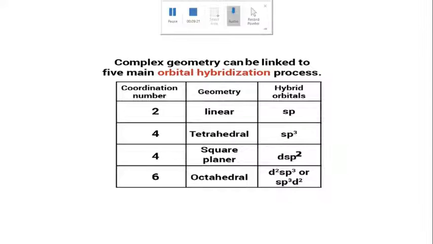So then we have complex geometry can be linked to 5 main orbital hybridization processes. We have studied till now about hybridization and hybrid molecules, and you arrived at the geometry. Now you would see the correlation with the coordination number. If there is a coordination number of 2, then the geometry of that particular coordination compound would be linear in